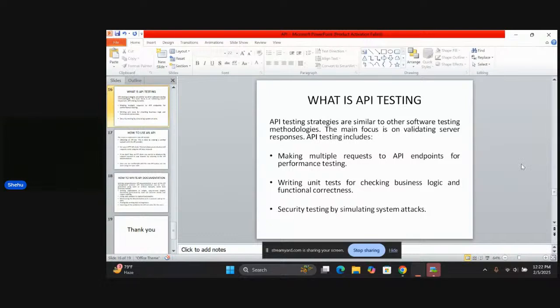So you remember we mentioned API testing is basically like software testing, right? So API testing strategies are similar to other software testing methodologies. The main focus is on validating server responses. So when you're talking of testing APIs, what you will be concerned about is ensuring that the API